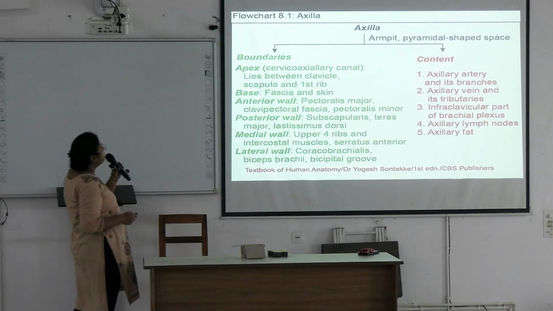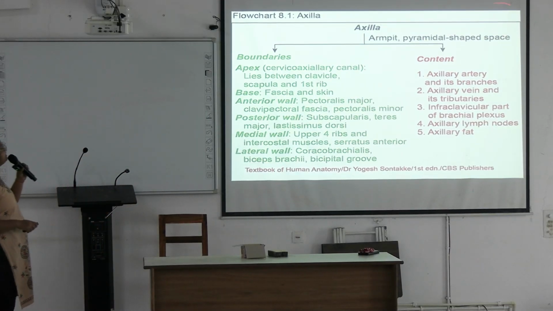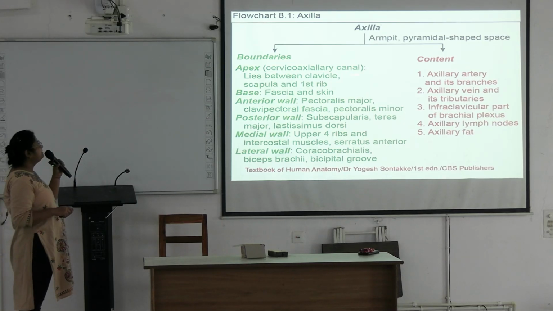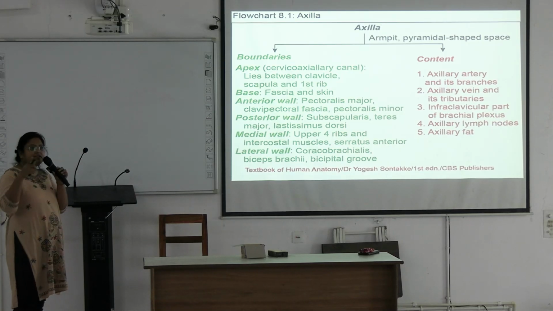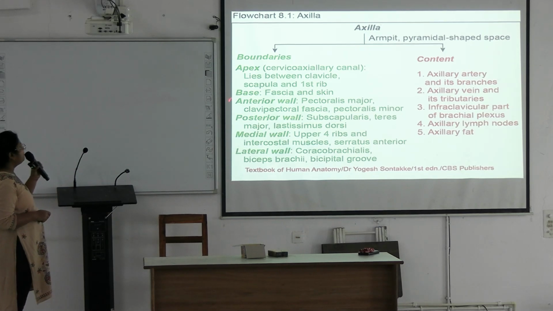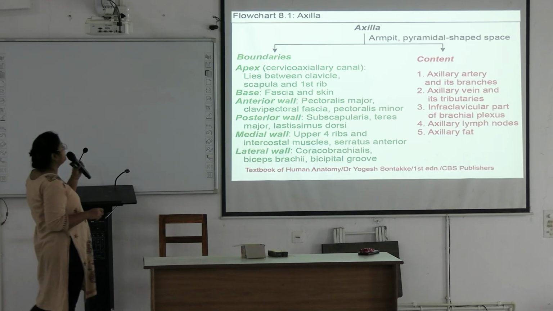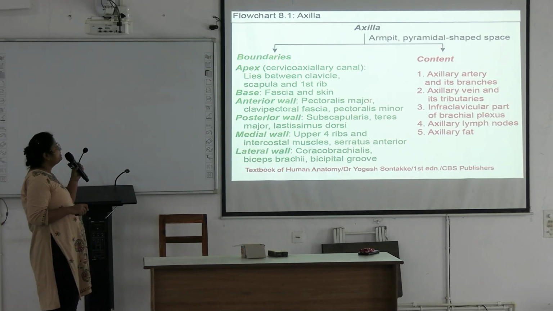So axilla or armpit is a pyramidal shaped space. These are the boundaries. Here are the contents. Apex is known as cervicoaxillary canal, lies between the clavicle, scapula and first rib, triangular, and base is formed by the skin and the axillary fossa, and anterior wall is formed by the pectoralis major, clavipectoral fascia and pectoralis